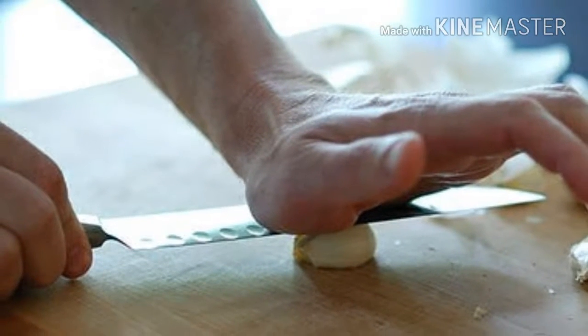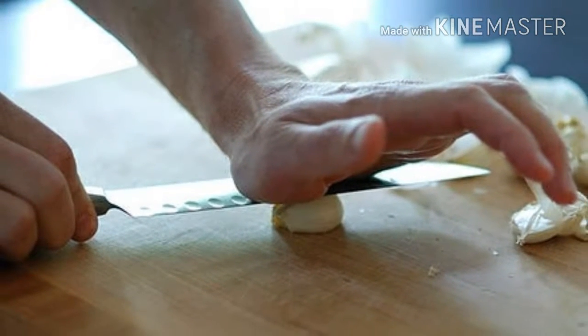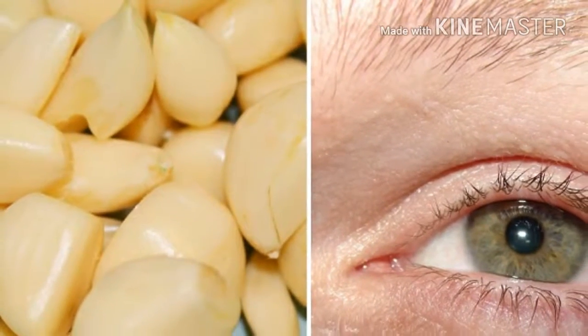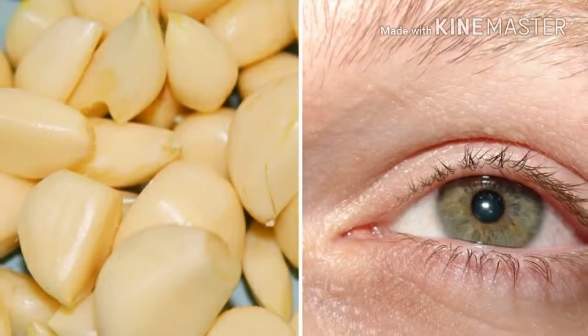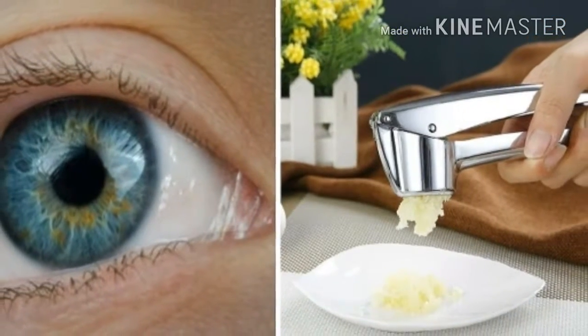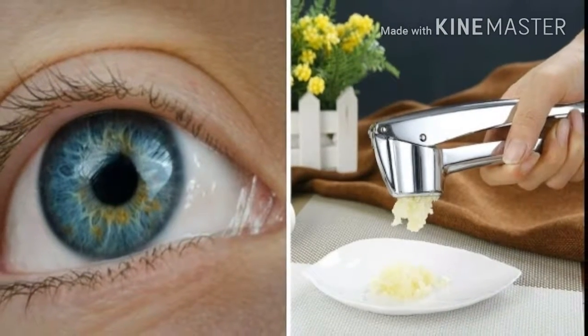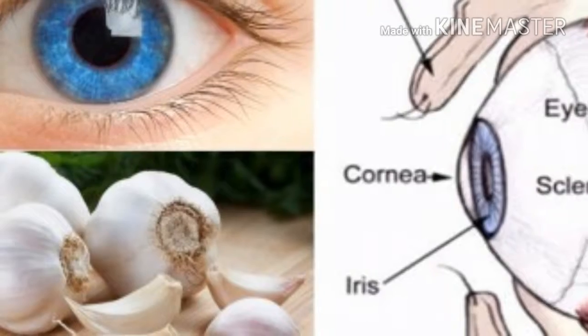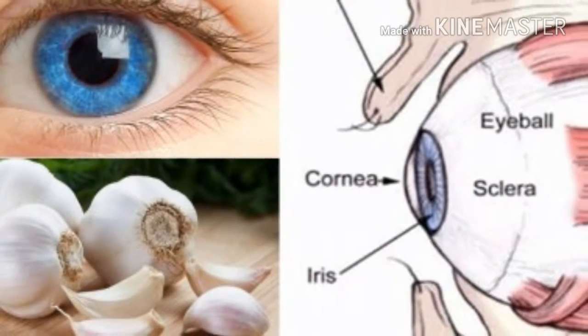How to use pressed garlic to reverse eyesight loss without glasses or surgery. We all know that everything goes and fades away with time, including your eyesight. Many experts around the world say that macular degeneration affects many people, and is most common in Caucasian women over the age of 50. But you should know that one of the main and most common causes of eyesight loss